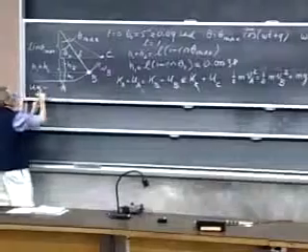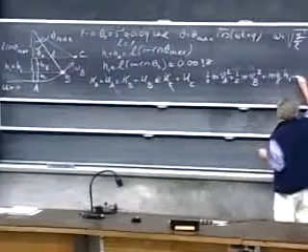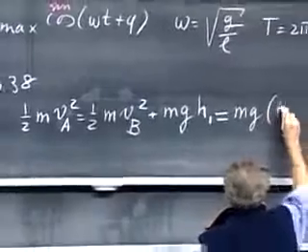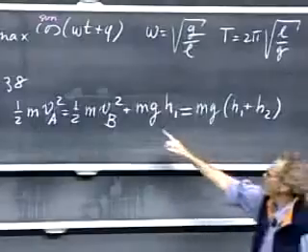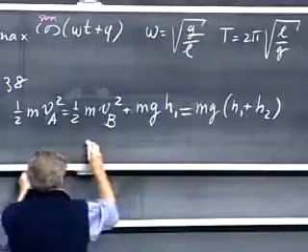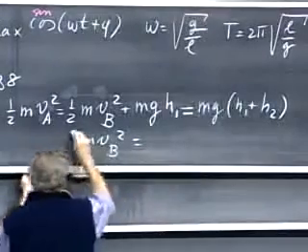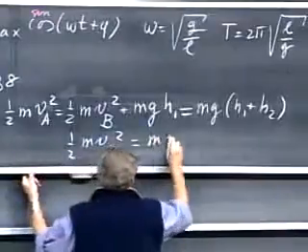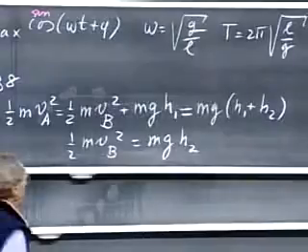It's higher than this point A, vertical separation h1, and that equals the potential energy at point C, which is mg times h1 plus h2. If you compare this part of the equation, you see that you lose mg h1, and so you'll find that m VB squared, carry the 1/2 for now, we can still do that, equals mg times h2. And so you will find immediately h2